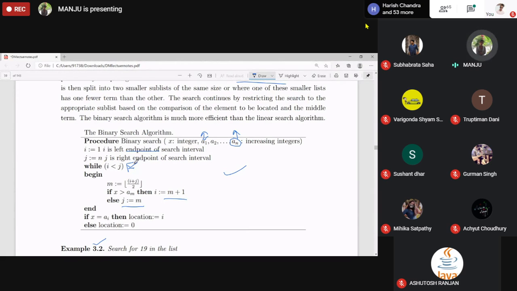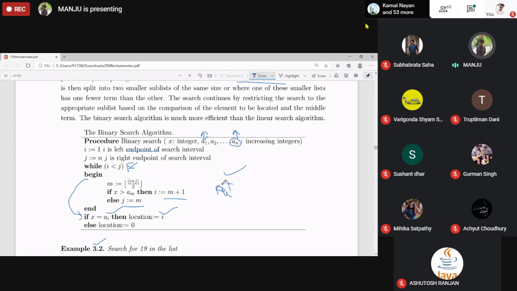So at that stage it comes out of this loop and goes to the if-else. Then again it checks whether we got a list, the interval, with one element, suppose ai. If x is equal to ai, then the location is i.